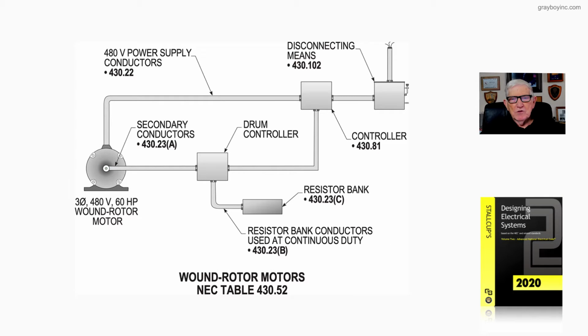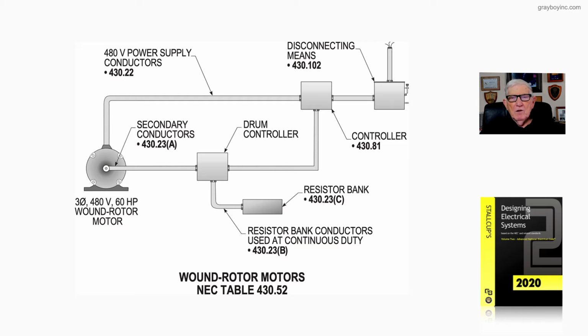Now this illustration illustrates a wound rotor motor. And again, when we use Table 430.52 to select an overcurrent device and a percentage times the full load current of the motor to allow a motor to start and run, we have to select the type of motor that we're dealing with. Now here we're selecting a wound rotor motor per Table